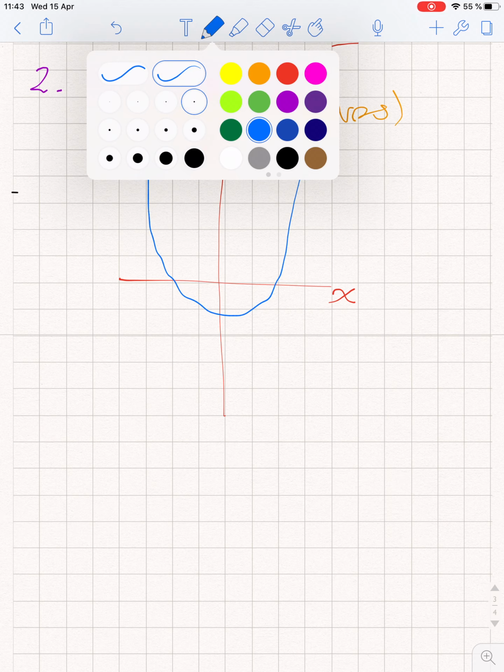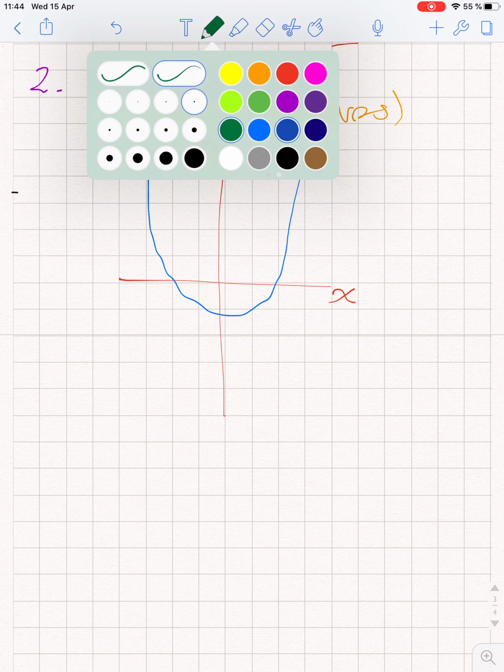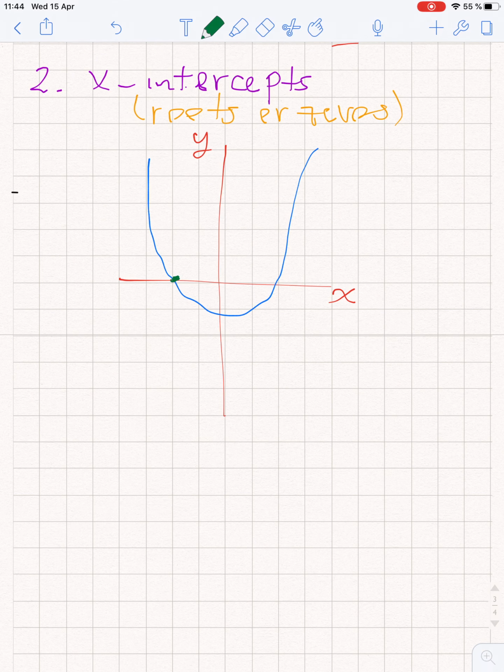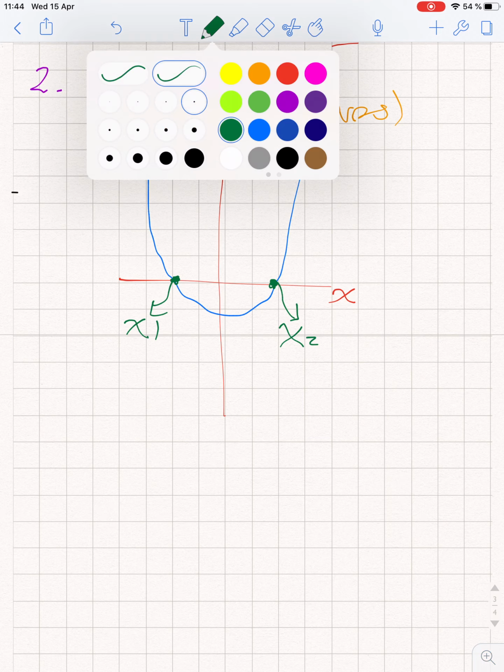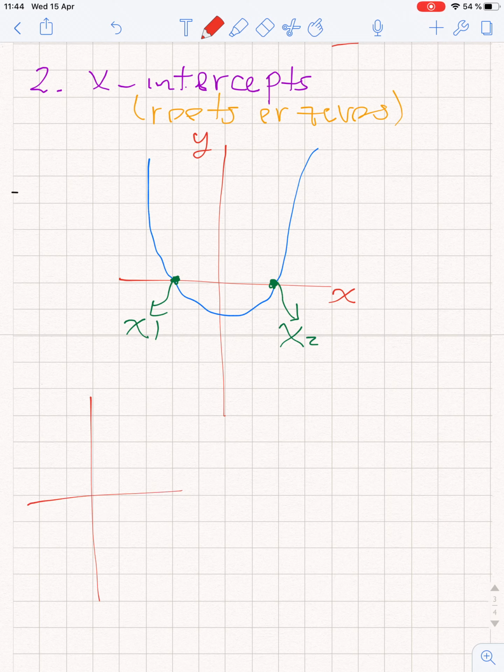Now, the x-intercepts, as the y-intercepts, are points crossing the x-axis. For example, the points I am pointing out right now on this x-axis. We can find two different values for x in this case, so I'm going to draw two different coordinates again. We can find that in a curve we can find two different points for x,